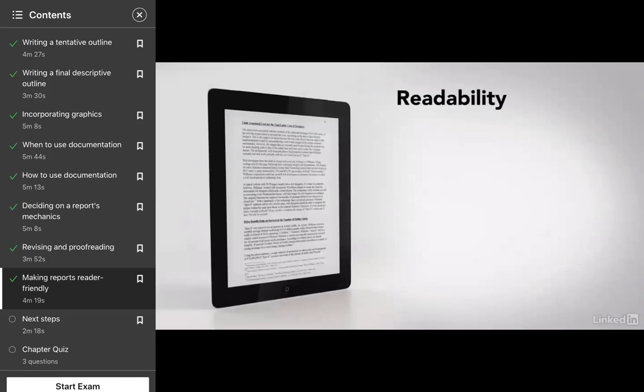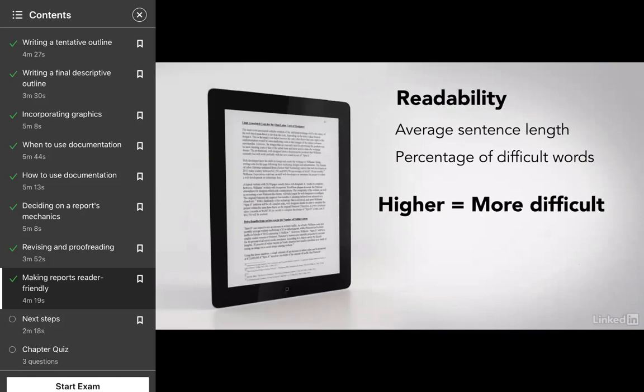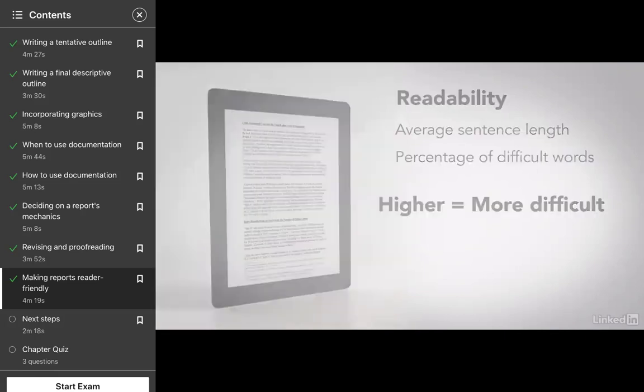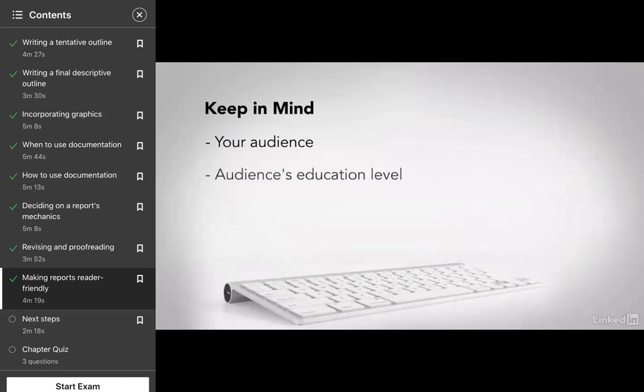Two things typically determine how readable a document is: the average sentence length, where around 20 words is considered average, and the percent of difficult words. Even though different formulas have variations, the longer the sentence and the more multi-syllabled words used, the higher or more difficult the reading level. Don't interpret that as meaning that all sentences should be under 20 words and no word of more than 2 syllables should be used. Think about your audience's education level and expectation. However, a reminder: your purpose is to express clearly your information, not to impress your reader with multi-syllable words and